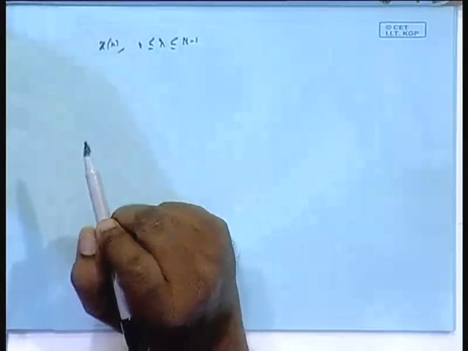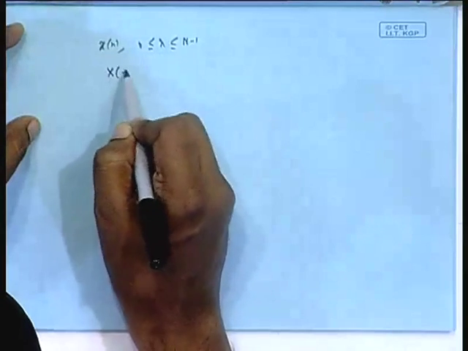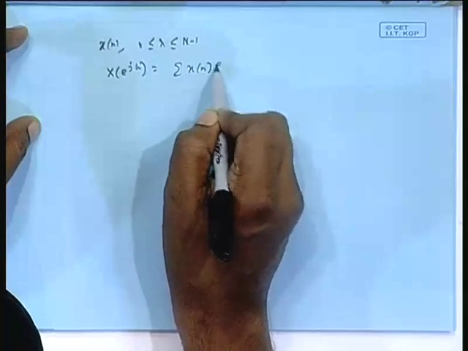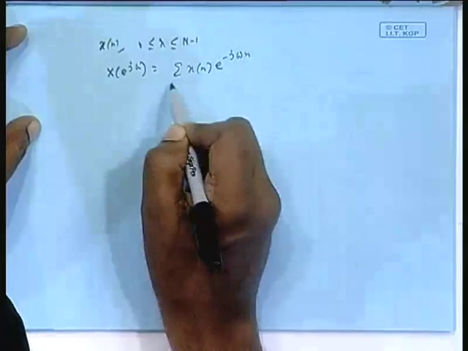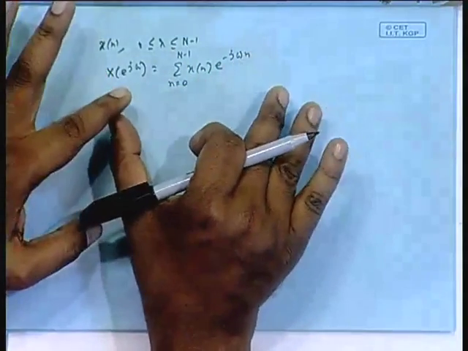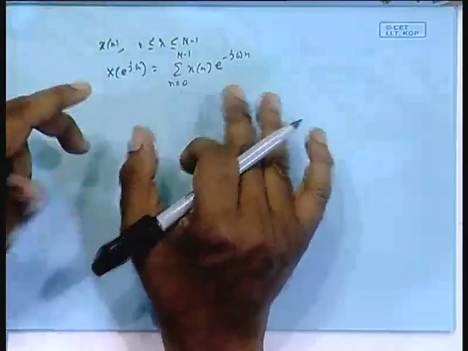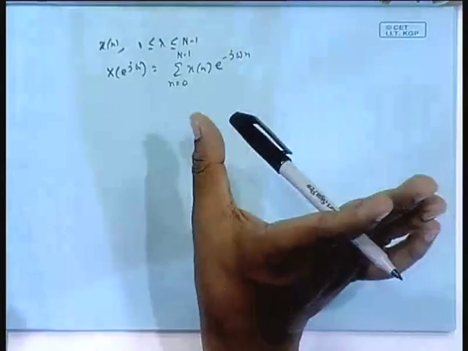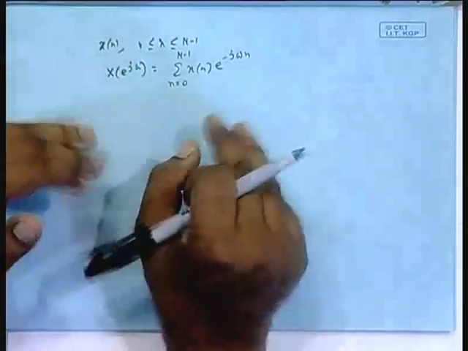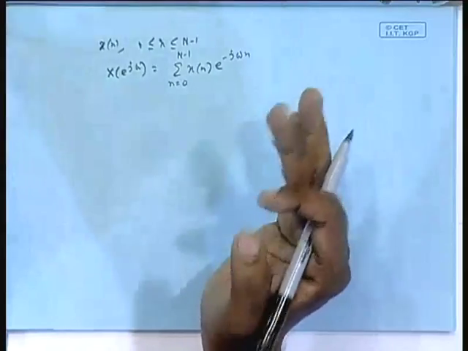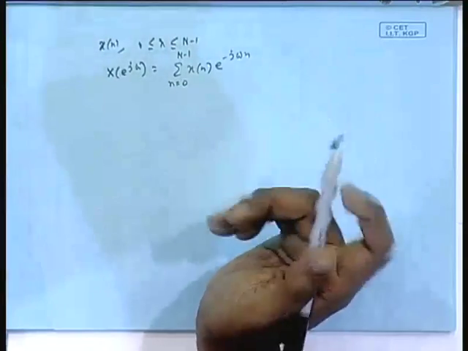of finite length. What is its DTFT? DTFT you know, summation x[n] e to the power minus j omega n, the discrete time Fourier transform. All of you know this is a periodic function of omega. You plot it over 2 pi. You either plot it from 0 to 2 pi or minus pi to pi, and this will repeat. All those things you know. This has got a magnitude part and a phase part, both will repeat because it is periodic. Okay, omega is the digital frequency, its unit is radian. Okay, all that is fine.